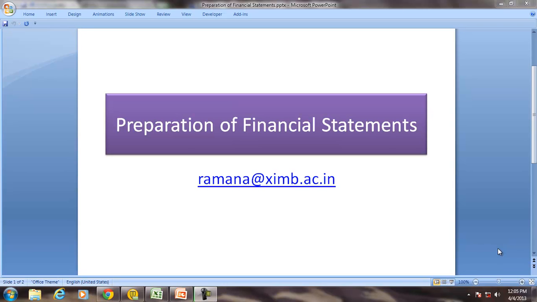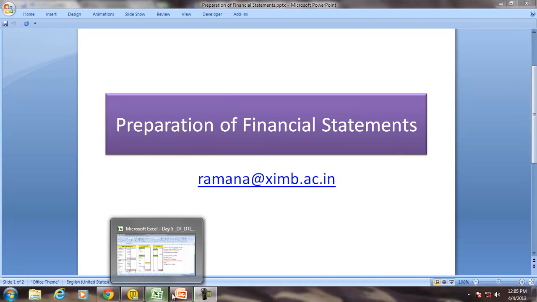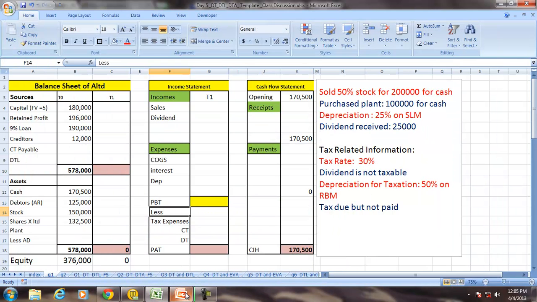Hello and welcome to the preparation of financial statements series. In this session, we will prepare the financial statements for the given information and also try to understand the concept of deferred taxation here. So as usual, a set of transactions with an opening balance sheet is given, and we'll use this data to prepare the